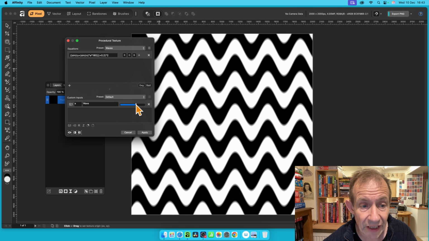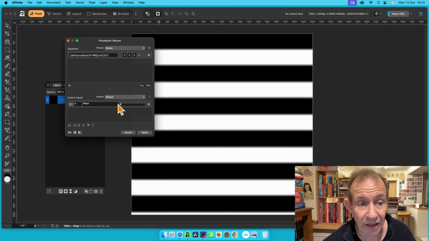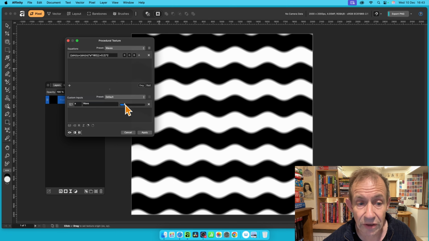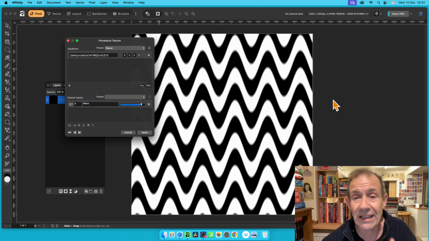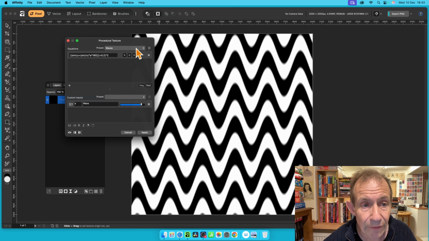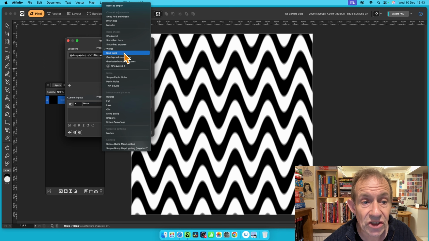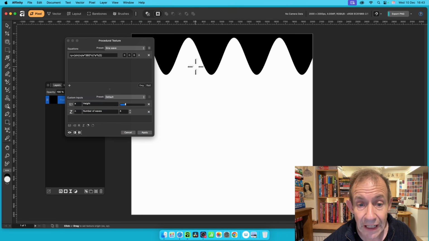Get this waves, and you can vary the wave. You make it straight line, back at the straight line, but you can also just vary it to subtle values. You can see you can create that, and you can tweak the equation to obviously make it crunch it in, distort it in different ways. However, let's just go to the next one, sine wave, and you get that, and you can move this up